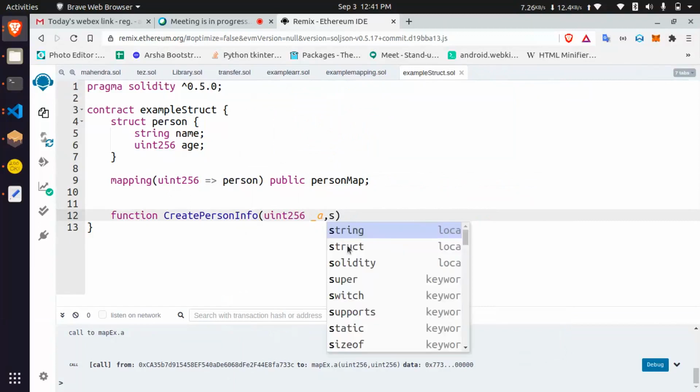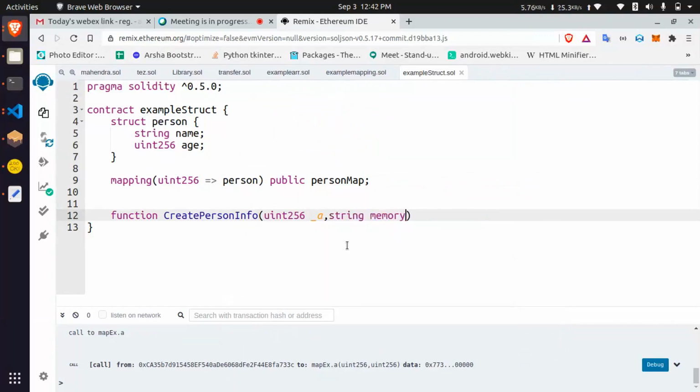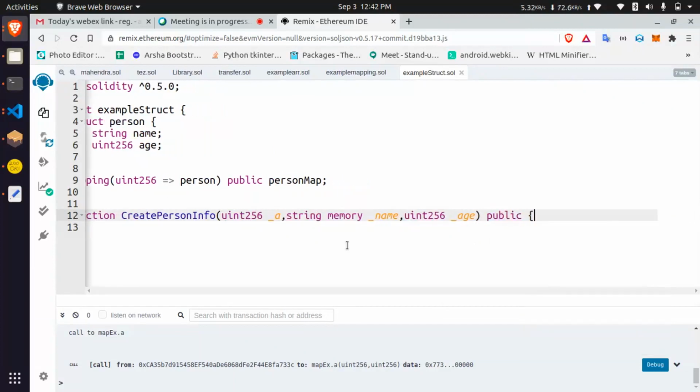Name is a string memory underscore name, then uint256 underscore age, public.